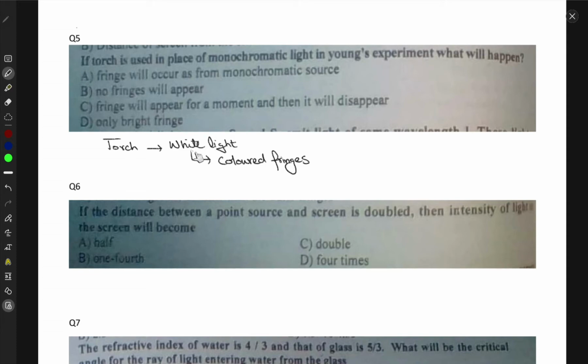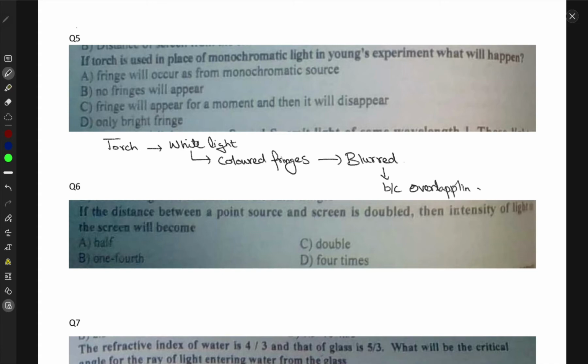When it separates out into different wavelengths of different colors, you'll observe different colored fringes. Now these fringes which are observed will be blurred, and you will not be able to see these colored fringes because of overlapping of these fringes,